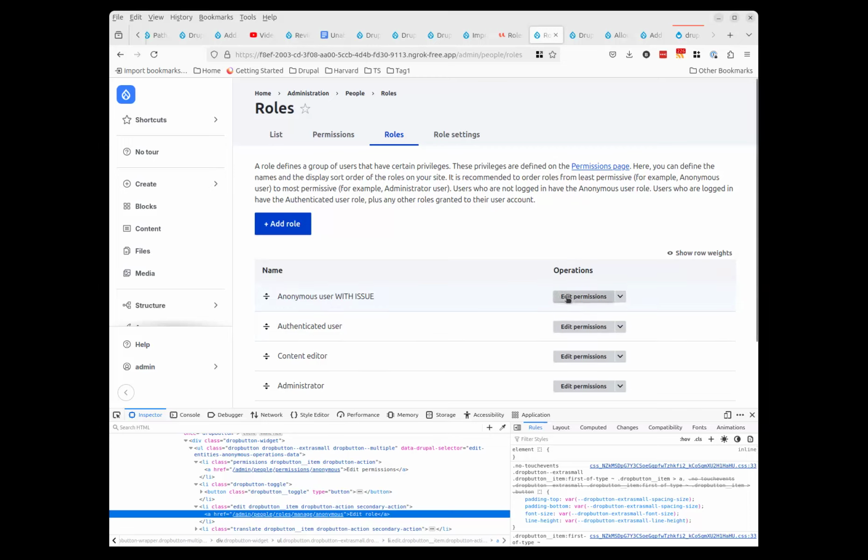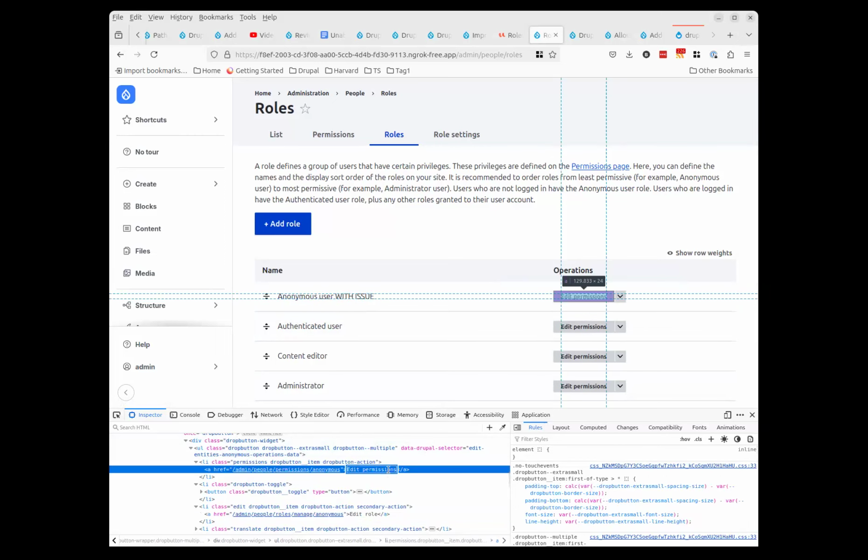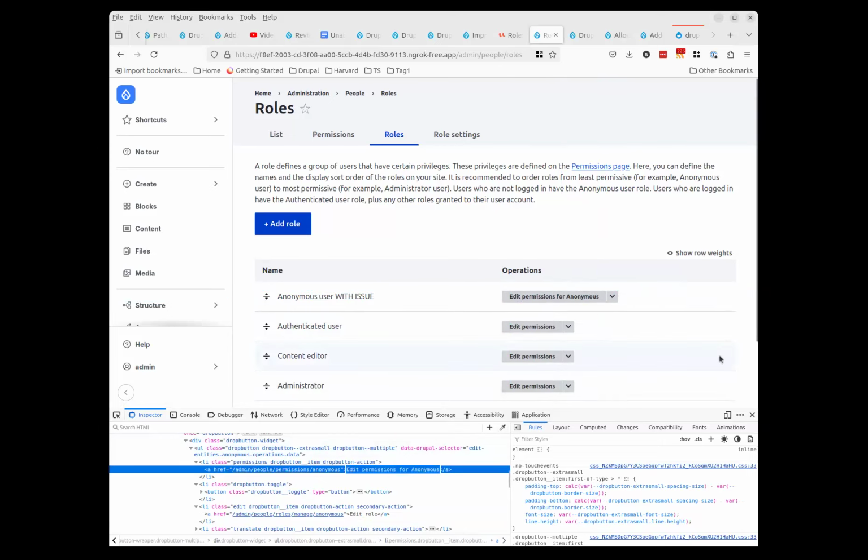So are you talking about the visual label or the ARIA label? Either way, both, meaning permissions for, okay. Oh, ARIA label maybe, yeah. Yeah, I think that adding the role name to the visual label is problematic. Too lengthy, yeah, that's true. But going with simply just permissions is also suboptimal, but still having edit permissions, edit role in a row feels odd.